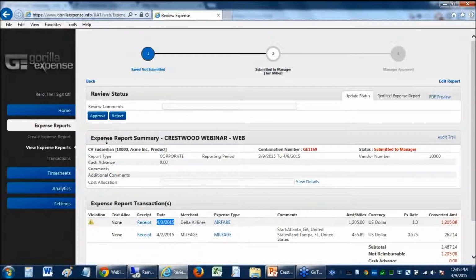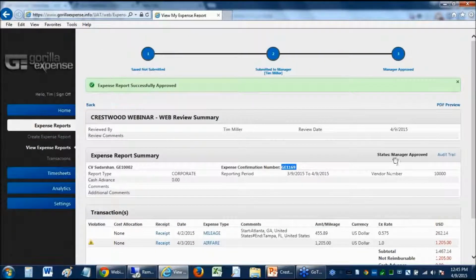So this report looks good. It's got 2 expenses, $1,205 paid with corporate card and $262.14 paid out of pocket. So let's approve this report. GE1169, it's now manager approved. Which brings us to the next step,